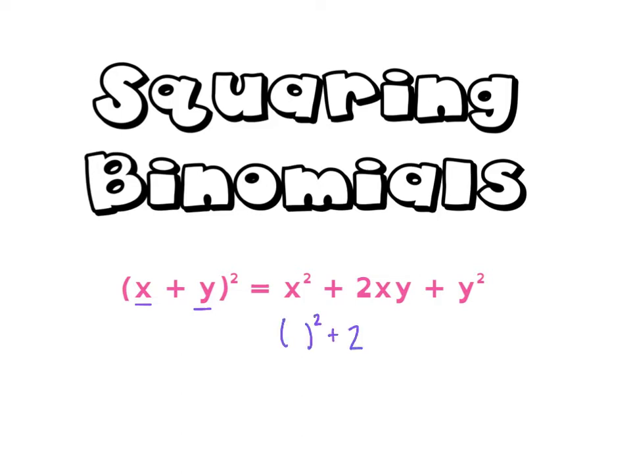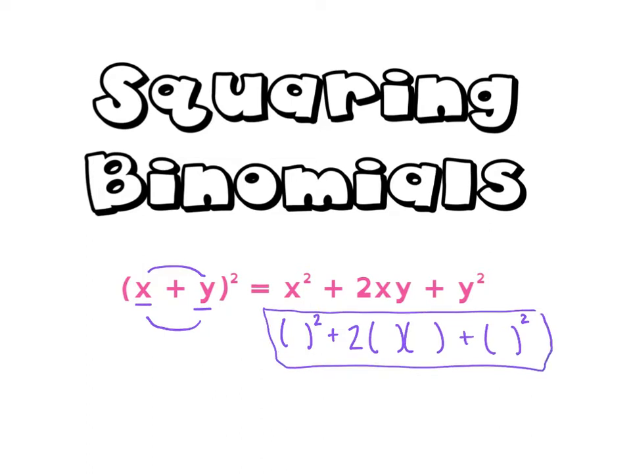Plus, there's always 2, right? X times y and y times x. There's 2 of the same thing when I multiply out that. So 2 of the first piece times the second piece, and finally the second piece squared, right? So if I'm using that pattern as I'm looking at squaring a binomial, let's take a look at a few